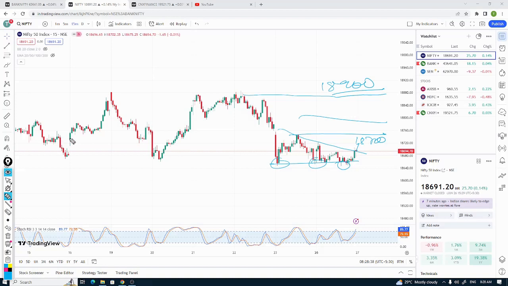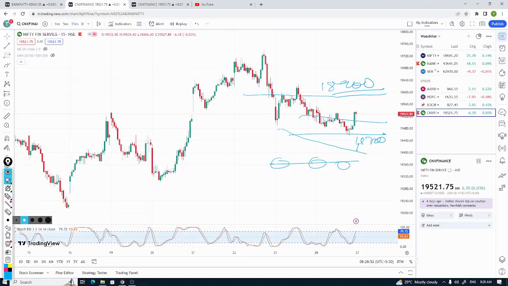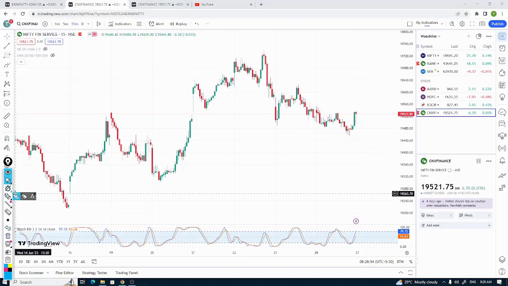If you see the same pattern for Nifty as well as Bank Nifty, both have the same pattern. So we have to check simultaneously this Fin Nifty, because Fin Nifty expiry is there today. So accordingly we can take zero hero calls. Like if Bank Nifty as well as Nifty are going to gap up open, then we can take